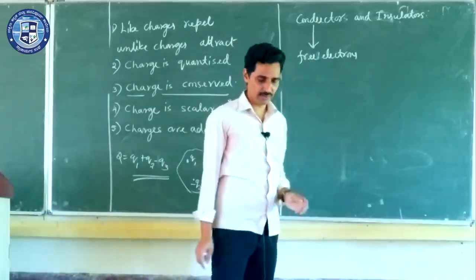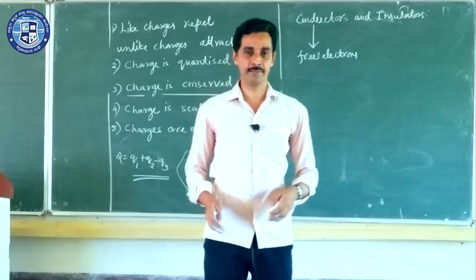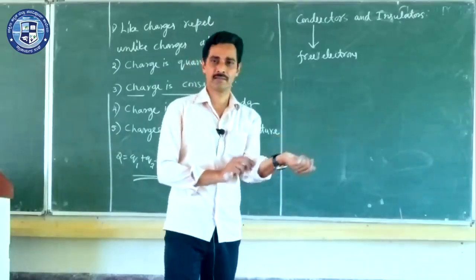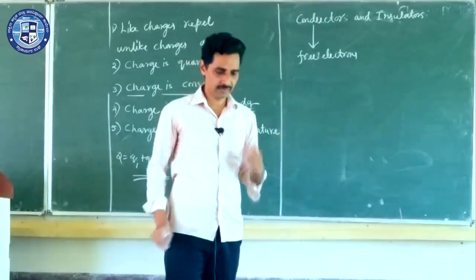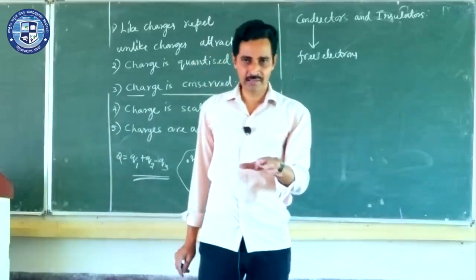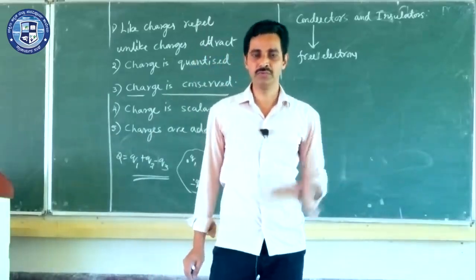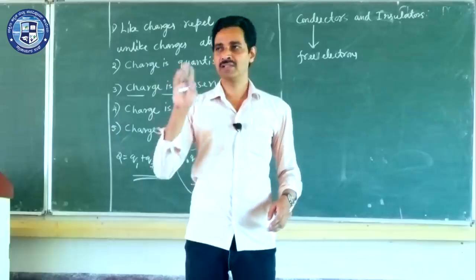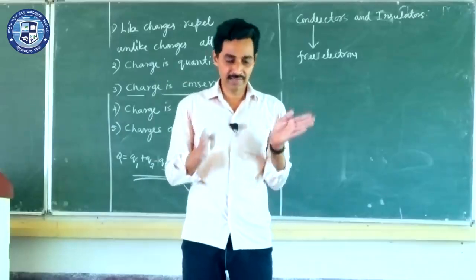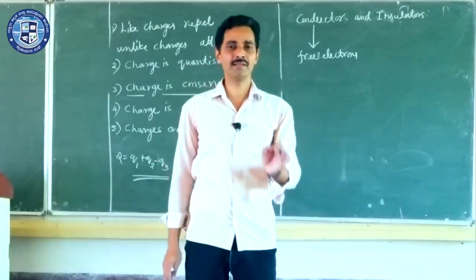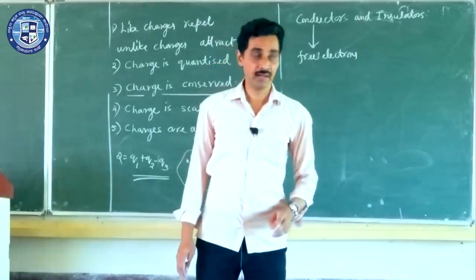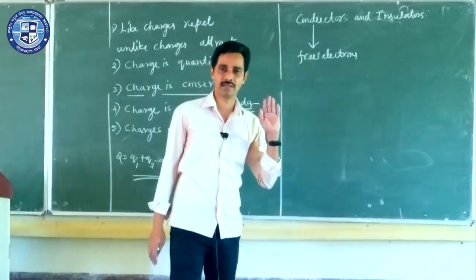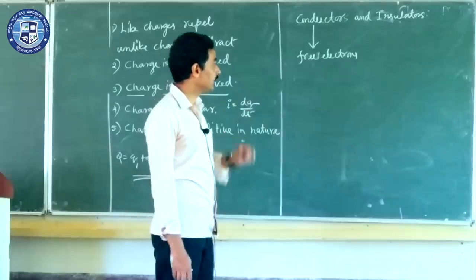So these free electrons are plenty in number in conductors, whereas in insulators there are no free electrons. That's why we say conductors allow the charges to flow through, insulators do not allow the charges to flow through, and we say it in this way also. Conductors allow the flow of electricity, and insulators don't allow the electricity to flow through. So that's how we differentiate this.